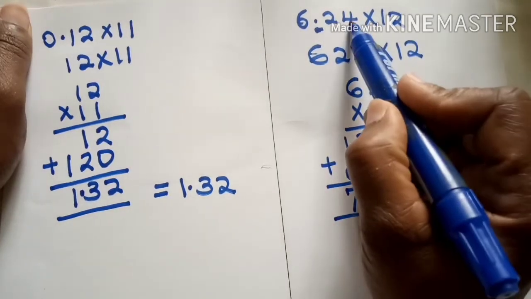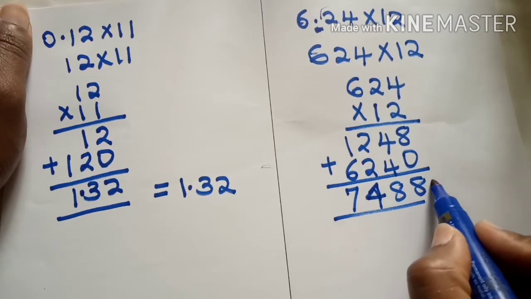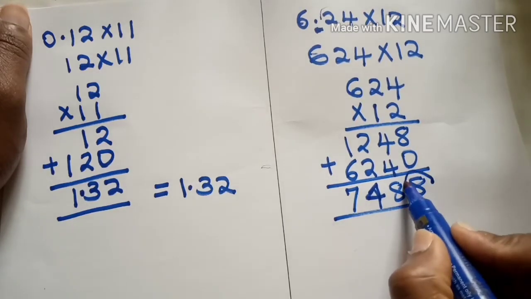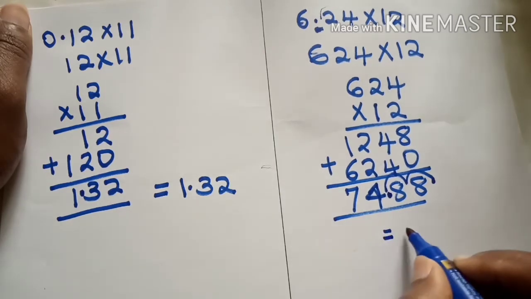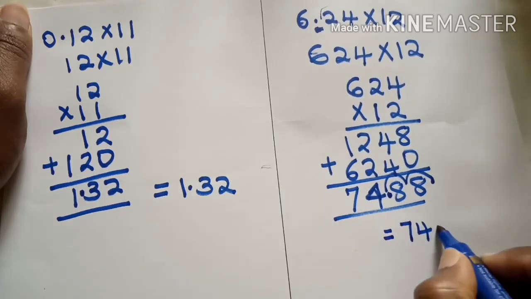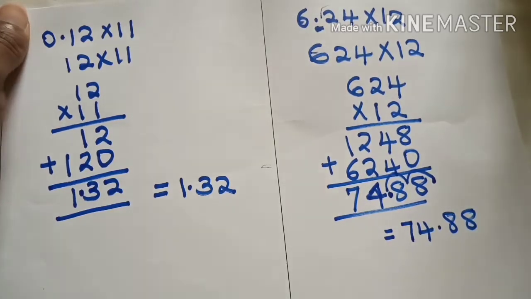So we had 2 decimal places here. 1, 2. So here again we will count 2 decimal places from the right. 1, 2. And put a decimal point there. So that our answer will be 74.88. Our third example will be